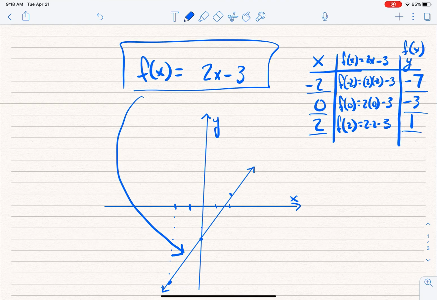By plugging in x values and getting out different y values, we were able to come up with these 3 points. And from those 3 points, we were able to graph this function. Now, what we're going to do is the exact same thing, but we're going to use trig functions. The input of any trig function, you should remember, is always the measure of an angle,